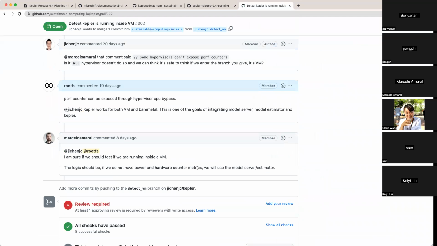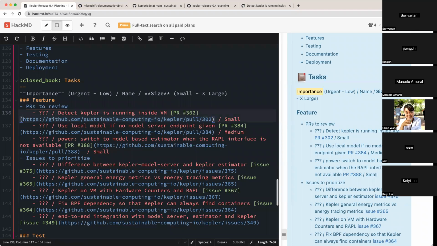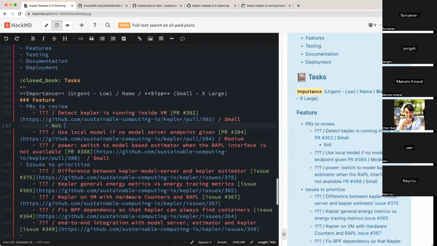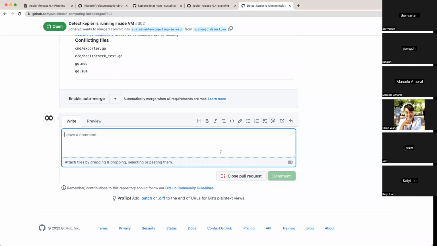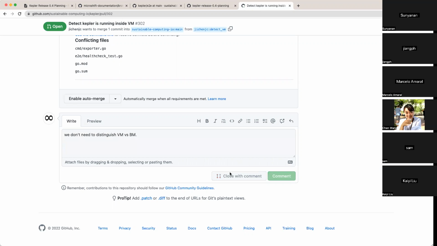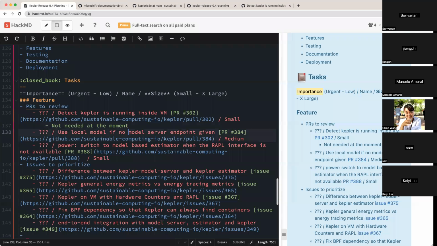So Pam and Marcelo, you have also commented on the PR. Do you have any other inputs? No, I think it's exactly what you said. So we shouldn't detect if it's a VM or not. Just try to run the model that it's possible. I'm just closing it. Yeah, then we should close it. Okay. The next one,